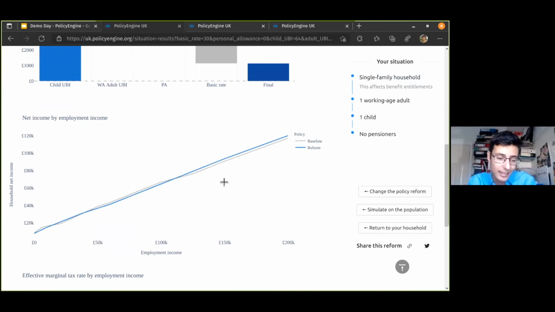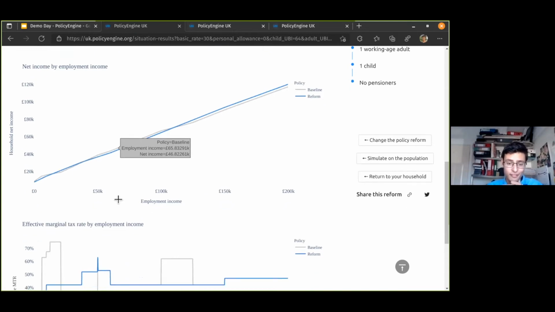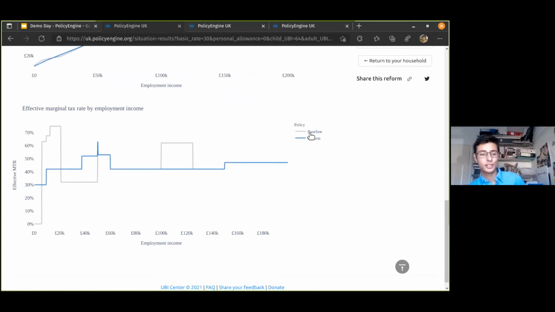And it's common for these kinds of reforms to have not just one break-even point, but maybe several. And this just gives the user a view into exactly where they are and what their situation is heading to if they decide to change their income. So we can also look at not just the absolute amount, but also the changes to effective marginal tax rates, which is essentially the inverse derivative of this graph. And just for a bit of context, this is showing us the effective marginal tax rate, taking into account taxes and benefits